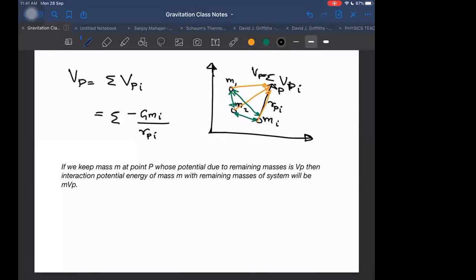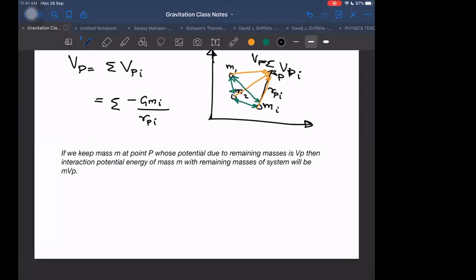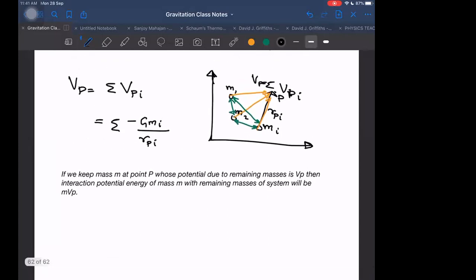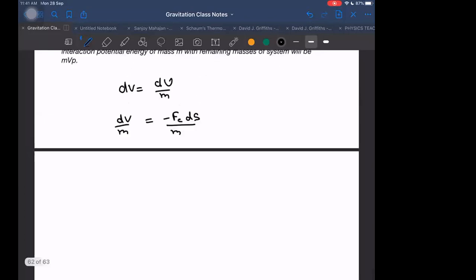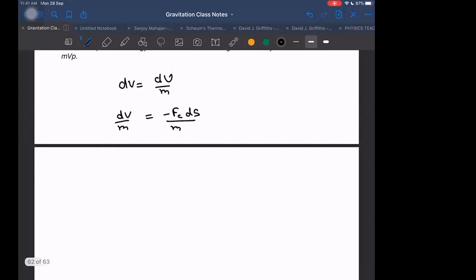So next we have, similarly, I can say potential energy difference divided by mass can also be written as dV, the change in potential. Same way. And this is useful for us in one more way. I will tell you why. For example, we write Fc into ds upon m, and here we write dV upon m. Then it gives us one more relation: dV is equal to minus Fc into ds.